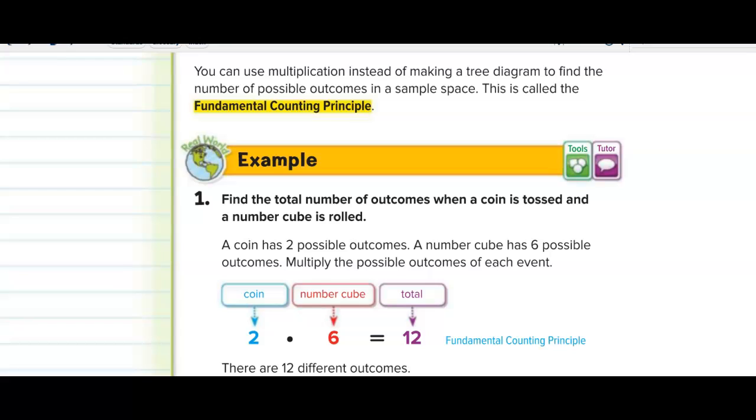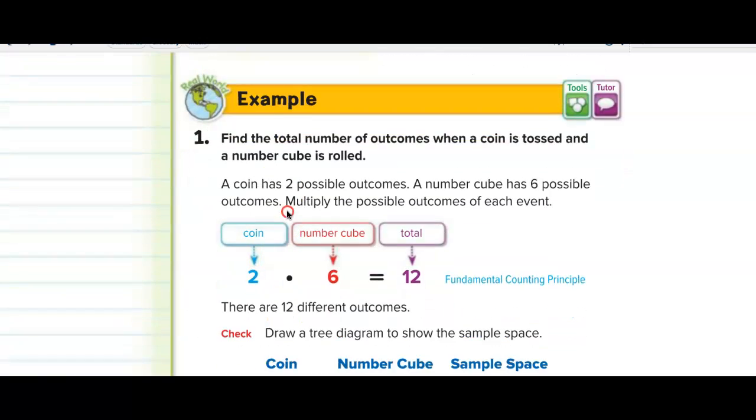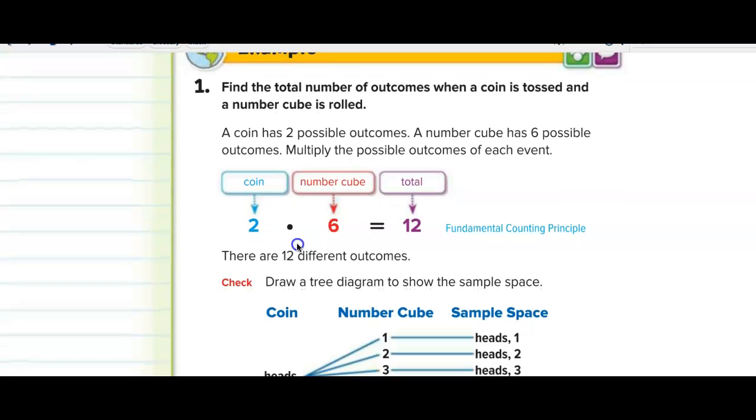Multiplication instead of drawing out tree diagrams, because you're going to get some probability questions that have like 50 outcomes or more, okay? And I don't want to sit there and draw a tree diagram for 50 outcomes, okay? So we can use multiplication. And in example 1, we have find the total number of outcomes when a coin is tossed and a number